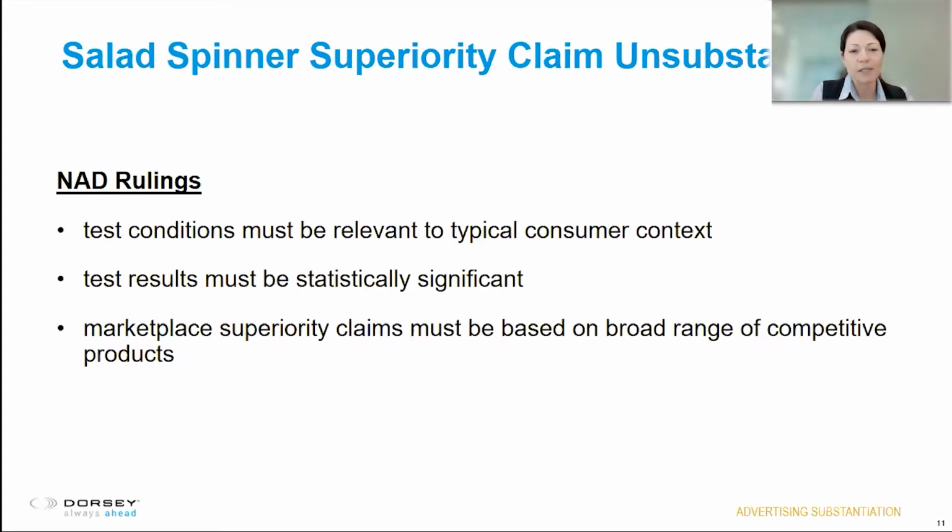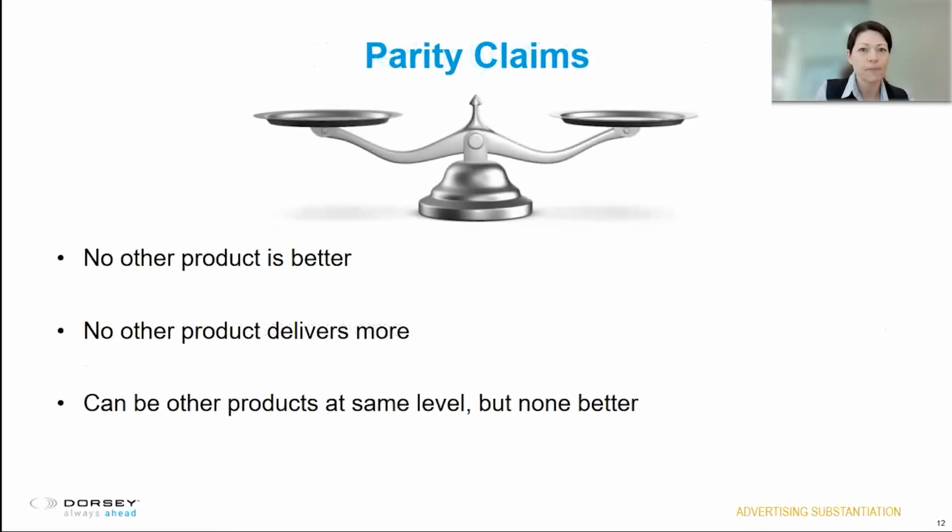And then the marketplace superiority claims have to be based on a broad range of competitive products here. And as I mentioned earlier, it wasn't a limited claim in all cases. And the fact that only 2 competitors' products were the ones tested was problematic here. So the second sort of